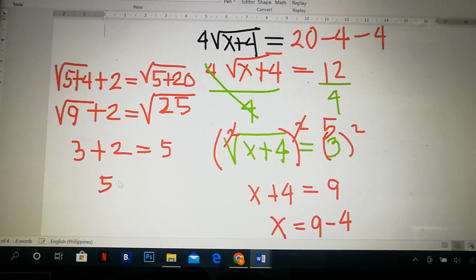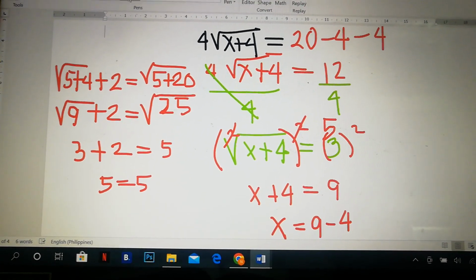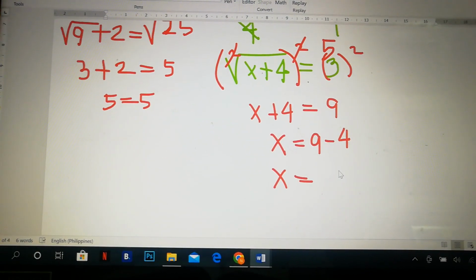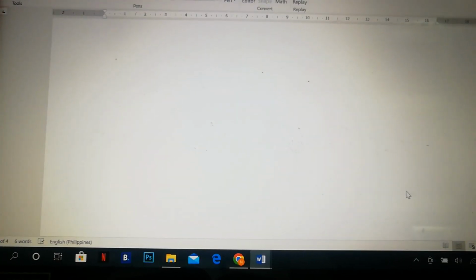So 5 is equal to 5. Okay, so since 5 is equal to 5, you can conclude that x is equal to 5. So x here is equal to 5. So conclusion, this is now our final answer. Okay, so next number